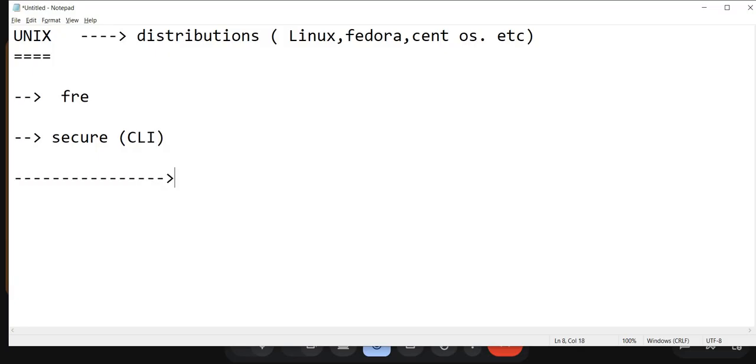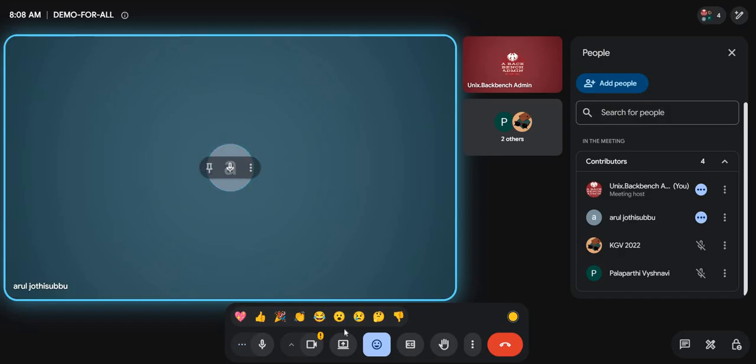Now let me take up the activity. There are some commands which we need to understand. For example, one of the major commands is the uname command. The uname command tells you which